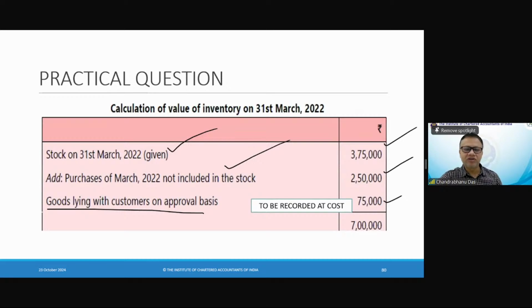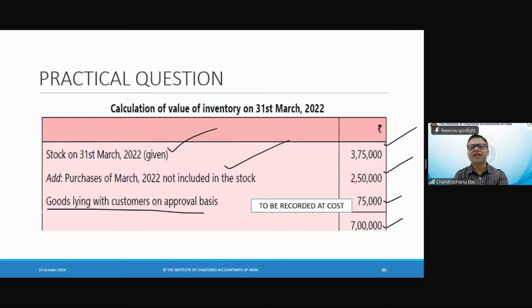So the value of inventory actually on 31st March 2022 is not 3,75,000, but actually it is 7 lakhs. I hope the value of inventory is clear to all of you. Please look into the flow chart which I have given you for goods on sale on approval basis, when the condition is satisfied. Most of your questions will be on sale on approval and consignment basis, on recording of the inventory and how you are positioning inventory. Since this inventory has been sold, recognized in April by the customer but not in March, even though it was sent in March,